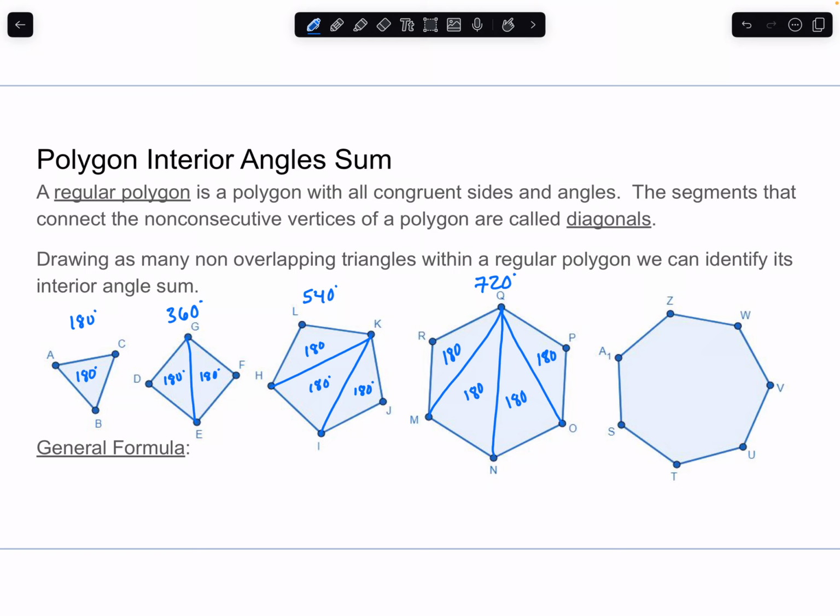Feel free to pause this video and try drawing different lines here on your screen to see how many triangles you can construct. 1, 2, 3, 4, 5 triangles. So if I have 5 triangles times 180 degrees each, that gives me a total of 900 degrees